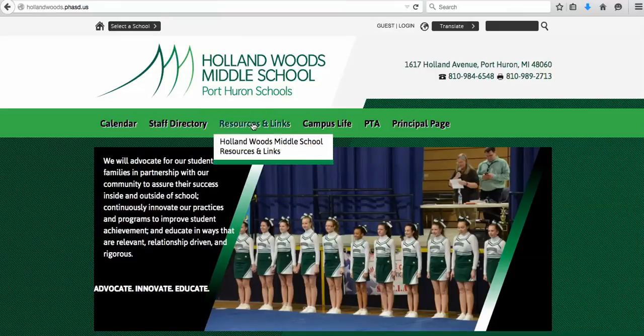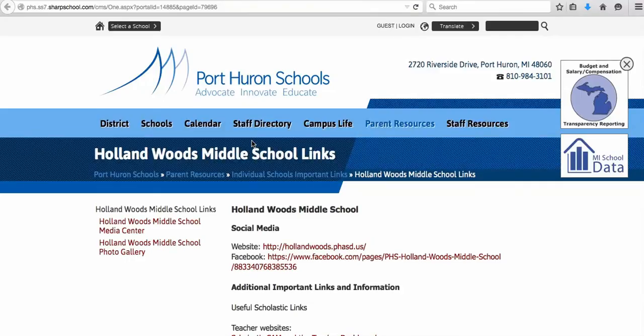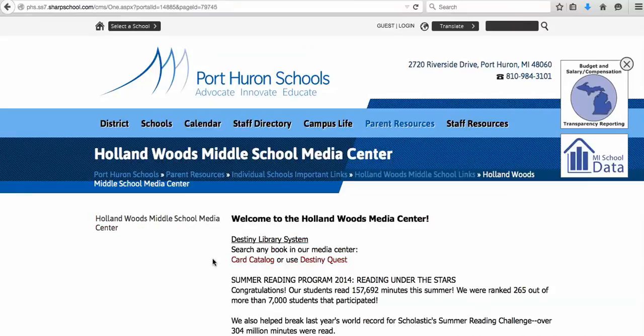In order to get to the Media Center link, you need to click on Holland Woods Resources and Links. At that page, you will find Holland Woods Middle School Media Center. Please click on that. It takes you to the home page of the Media Center where you have a choice to either search the card catalog or to use Destiny Quest. We're going to be using Destiny Quest to see the cool tools that can be used when you log in